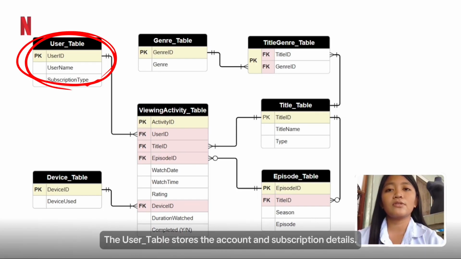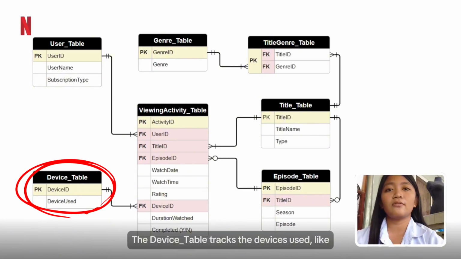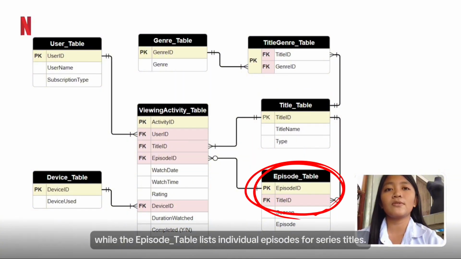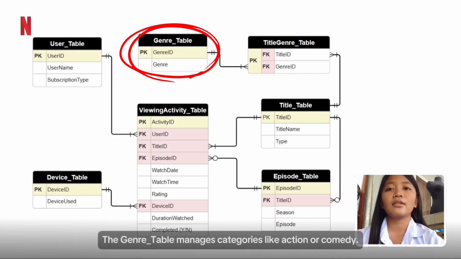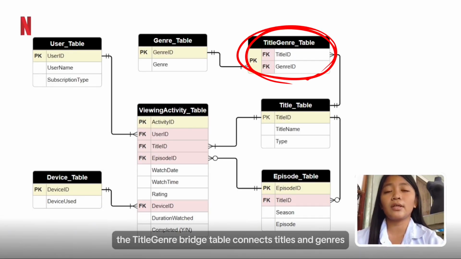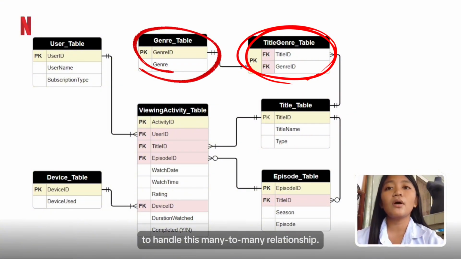The user table stores the account and subscription details. The device table tracks the device used, like phones, laptops, or televisions. The title table contains all Netflix content, while the episode table lists individual episodes for series titles. The genre table manages categories like action or comedy. Since a title can belong to multiple genres, the title genre bridge table connects titles and genres to handle these